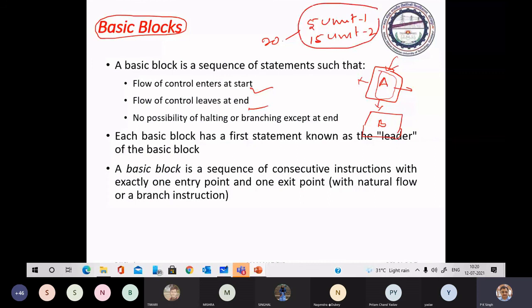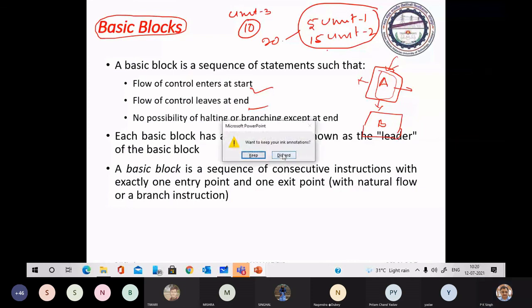Okay, so tomorrow you have this quiz, and after this, next week on Monday, we will have the quiz on unit number 3. There will be 10 questions. Okay.